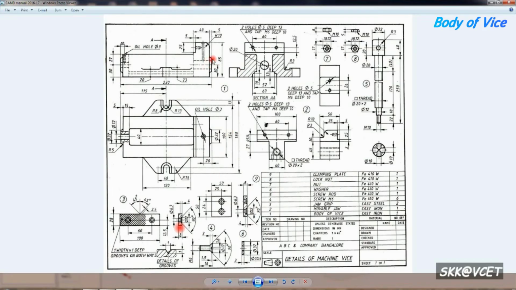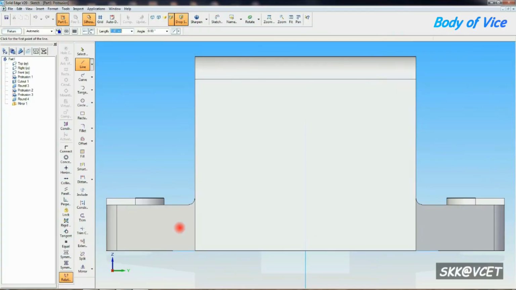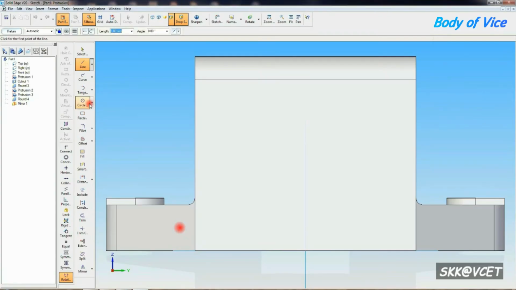Now next part, that small extra projection of circle, 32 mm diameter circle you draw. Distance is 5 mm each side. Diameter is 32. For that protrusion you have to select that surface. Then the height is 30 mm. So circle you have to draw of diameter 32 you have to draw.